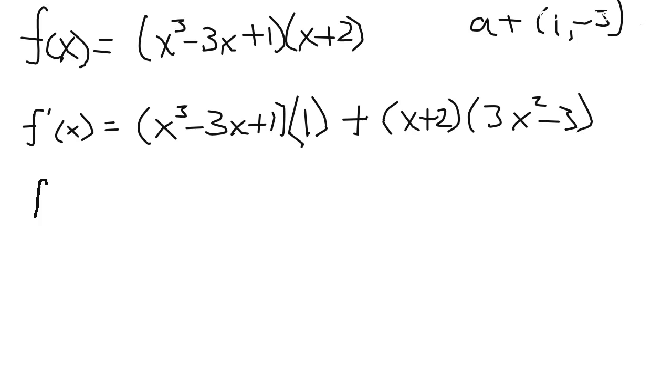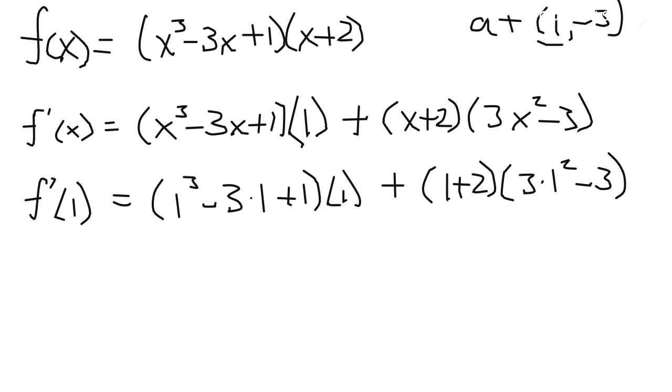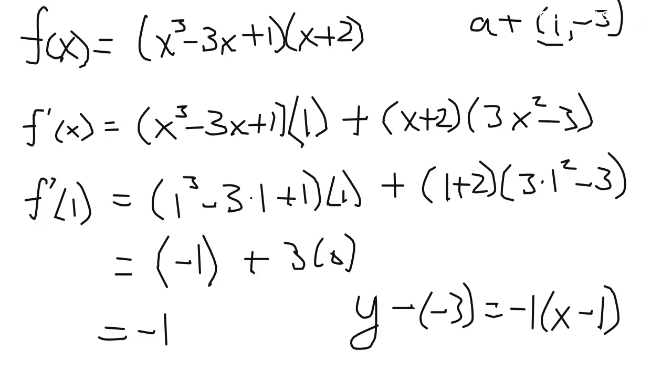Now I need f prime evaluated at exactly the x value I care about. That's f prime of 1. That gives me 1 minus 3 is negative 2 plus 1 is negative 1 times 1 plus 3 times 0, which just makes negative 1. You can see the equation